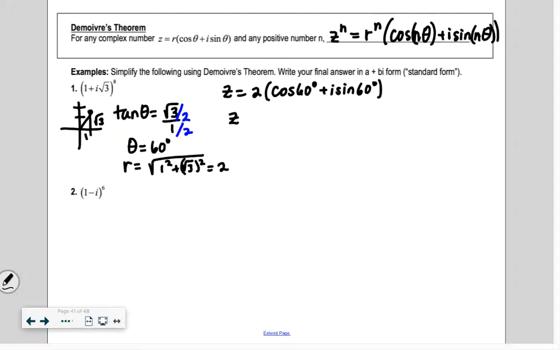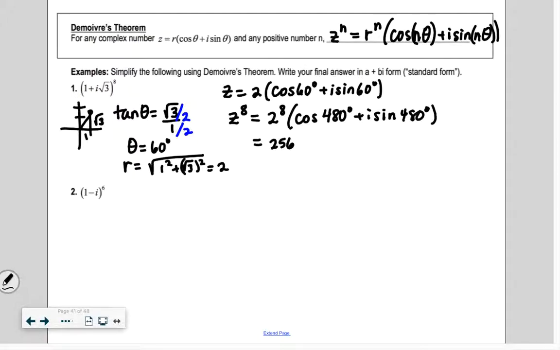All right, so if I want to find z to the 8th, I take my 2 to the 8th, and then I have cosine of 8 times 60, which is 480, plus I sine of 480. Ben already found 2 to the 8th for us. 256. So 256. And cosine of 480, that's not really a unit circle value because we usually think of it